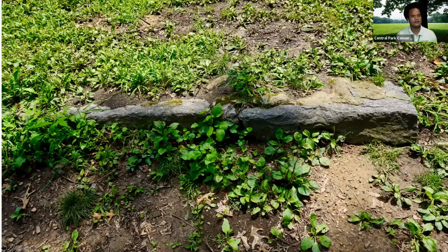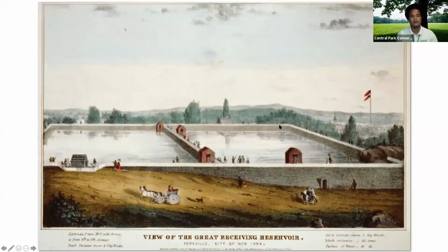And this is it. The landscape we are about to explore was mostly built in the 1930s. This is what remains of what was here before. This is a small piece of the massive western wall of a reservoir built here in 1842, years before Central Park. As I mentioned, construction for the park began in 1858. And this is how that reservoir looked. It stretched from roughly 79th Street to 86th Street, and from 7th Avenue here in the foreground to 6th Avenue